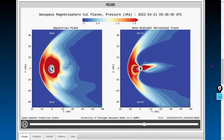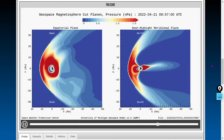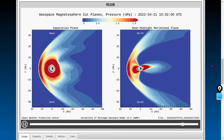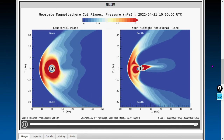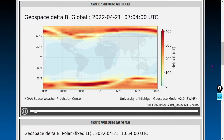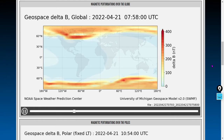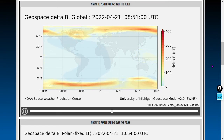So welcome to space. Welcome to our space weather videos. These are the data sets that I decided I wanted to look at a few years ago when we started doing our daily space weather videos. Here's Earth's magnetic moment from the ground. And it took us months to figure out exactly what to even include in the daily space weather videos, because